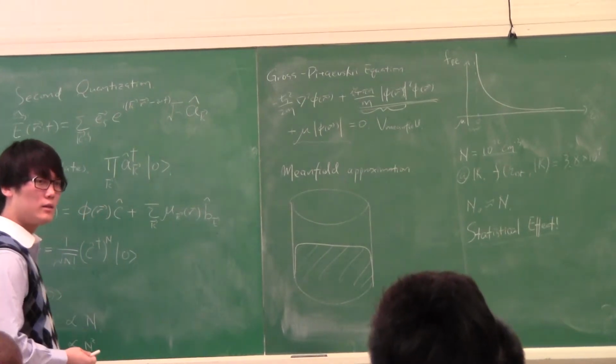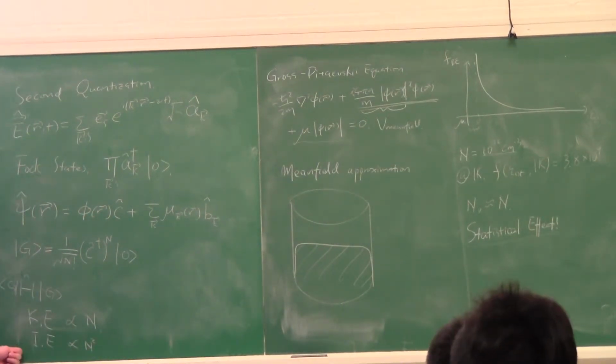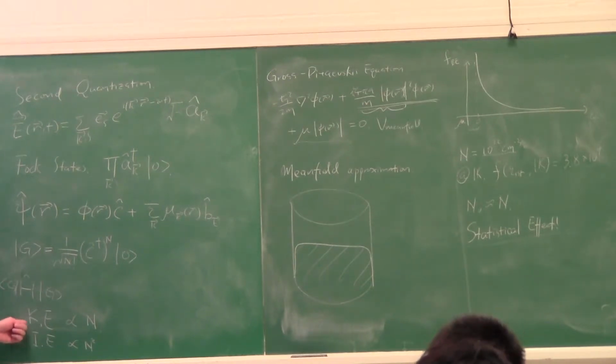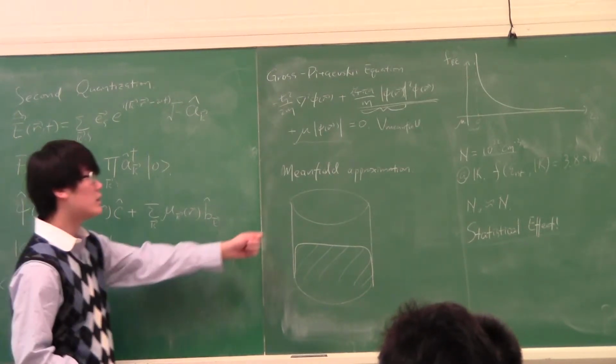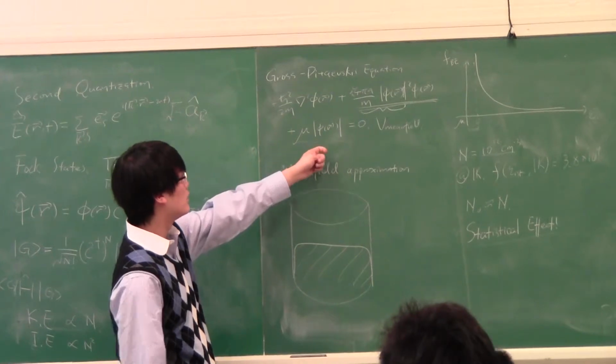Okay. And now, because we have said that interaction energy is proportional to n squared, kinetic energy is proportional to n. Okay. Chemical potential is certainly proportional to n too. Okay. Oh, sorry. No,